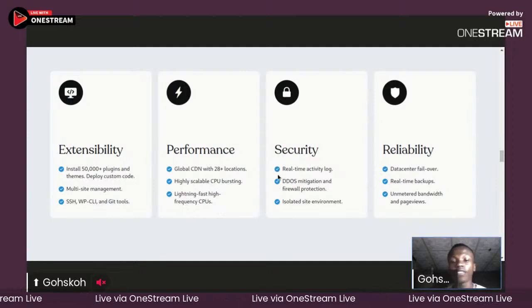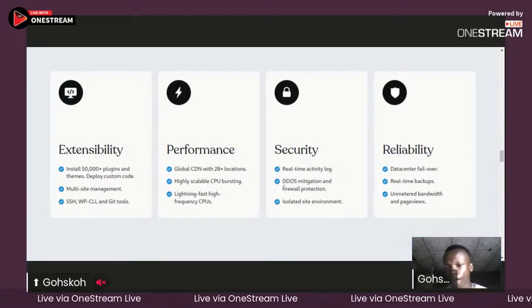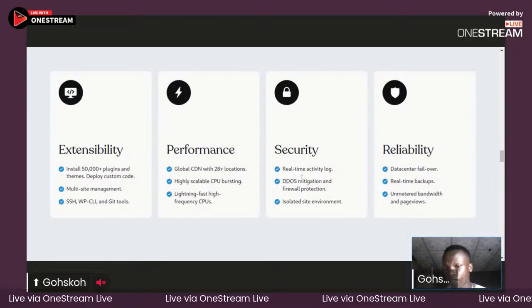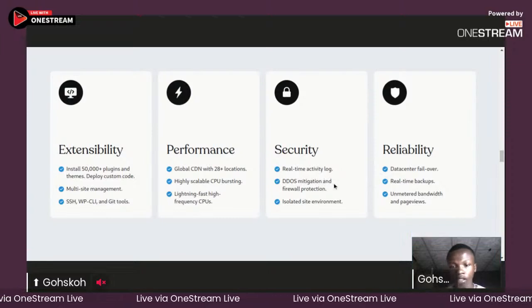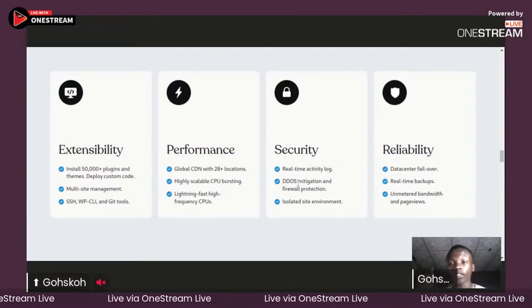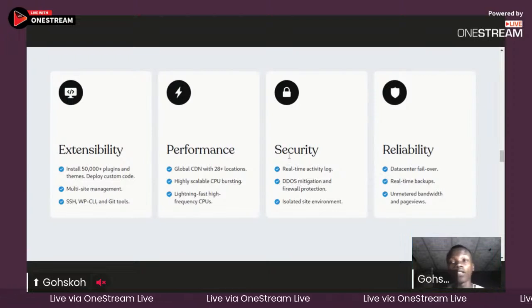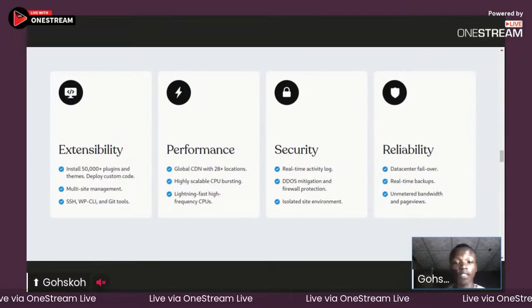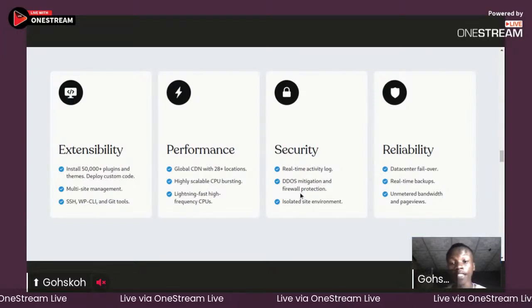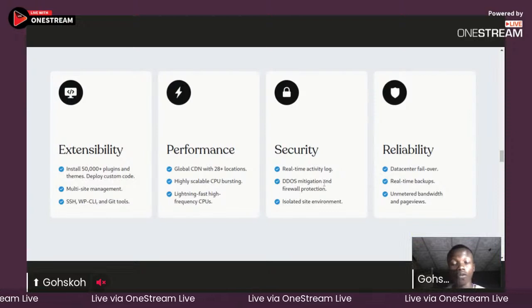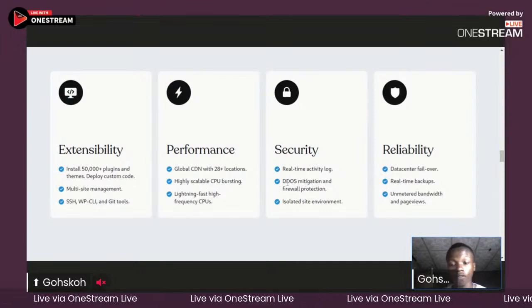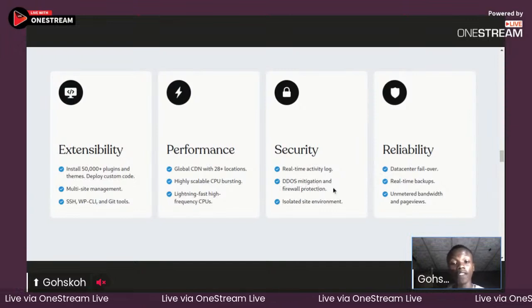And now your security is a real-time security log. Okay, this is denial of service mitigation and firewall protection. And there's something called denial of service. Some hackers can try to put in a whole flood of empty packets to slow down your website. So WordPress also protects you from all that with integrated firewalls,